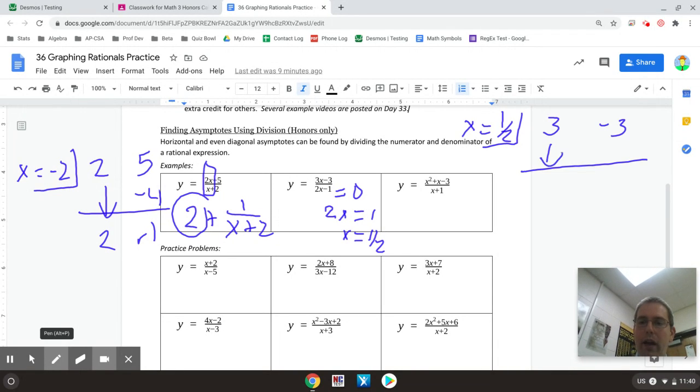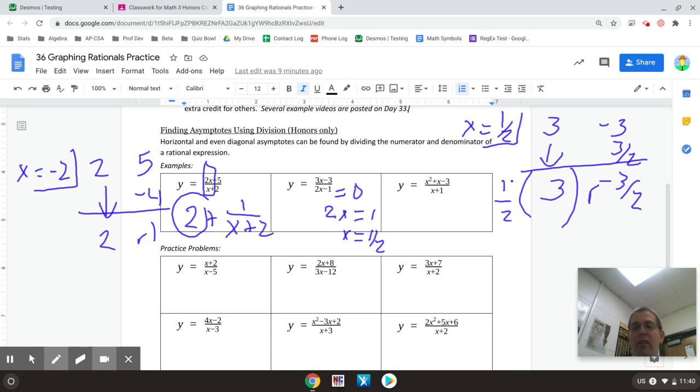Now I'm going to bring down my 3, multiply by 1/2, so that is 3/2, and then 3, negative 3, minus 3/2. Might need a calculator to help you with this, but this would be negative 3/2. Now this is your remainder, and your remainder is going to remain unchanged. So the number in front, though, anytime I have a division, I basically have to multiply this by 1/2 because that's my denominator. So it's like I'm dividing everything except the remainder by 2 or multiplying by 1/2, whatever you think about. So your final answer there for this one would be I would have a 3 over 2 plus,